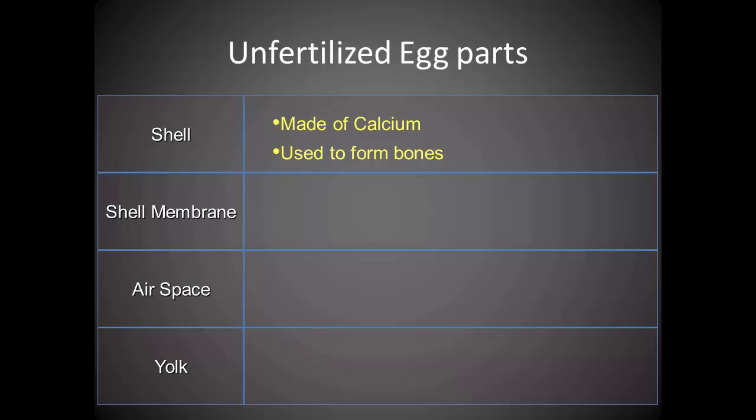And actually, as the embryo grows inside of the egg, the shell dissolves, and the chick uses the calcium from the shell to make its bone. Isn't that because it's made out of calcium? Yes, calcium is important in making bones. And also, as it uses up the calcium, the shell gets thinner, and that makes it easier for it to break out